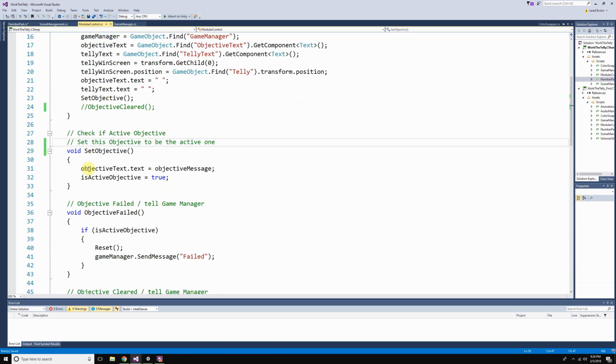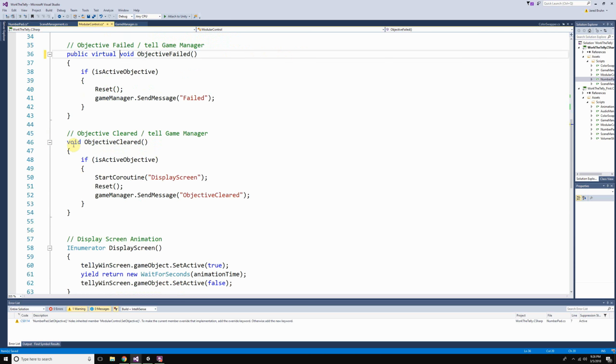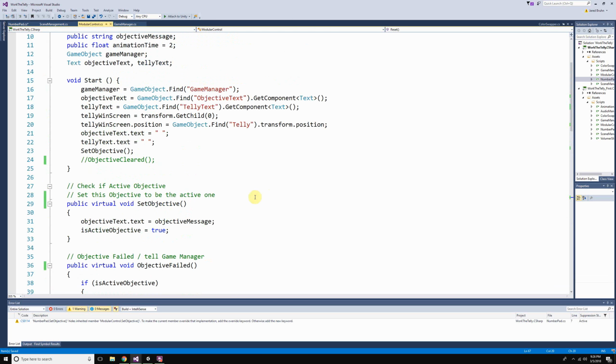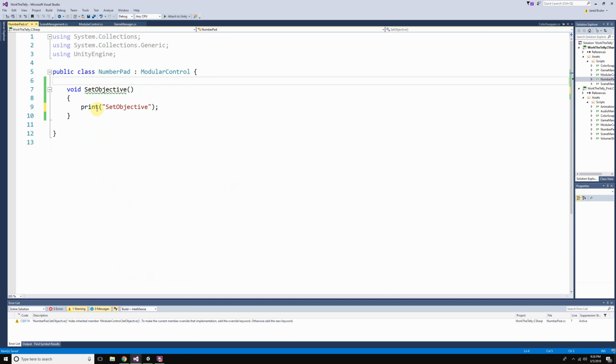So if I make any of these public virtual void, and I'm going to do this for all of them: public virtual void reset, public virtual void objective cleared, objective failed, set objective. Now it's giving a warning that this is a virtual void, but it's an inherited member. To make the current override the implementation, add the override keyword. So if I say public override,